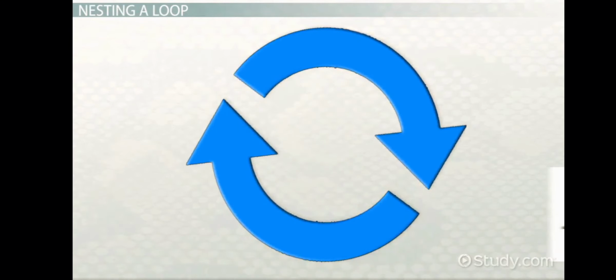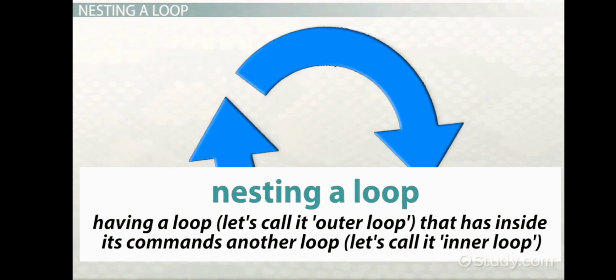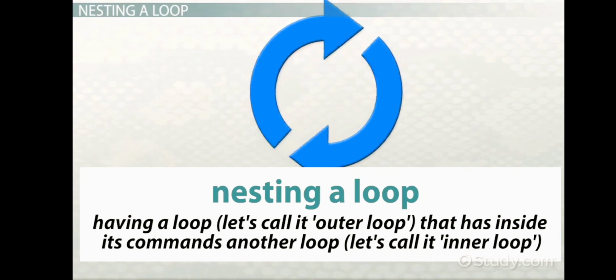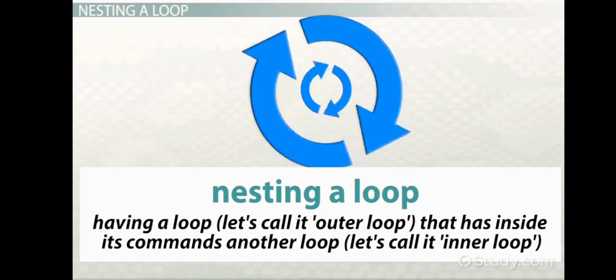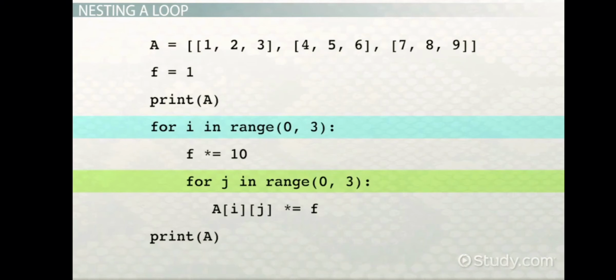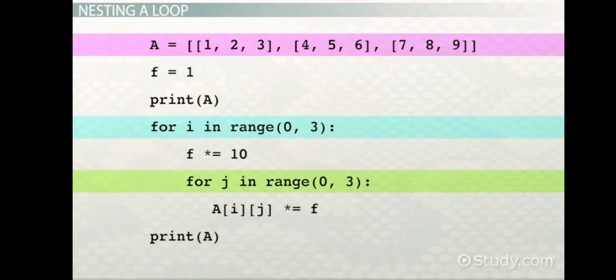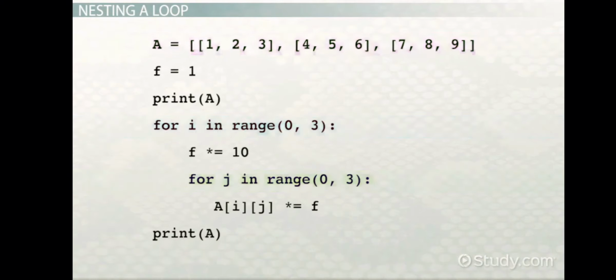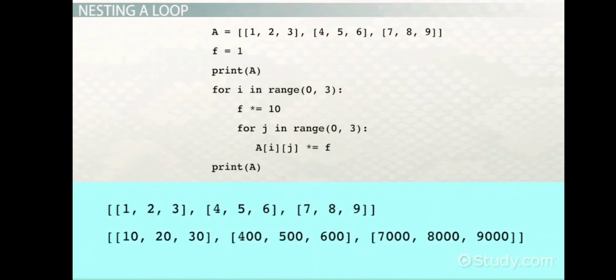As simple as it seems, nesting a loop means simply having a loop, let's call it the outer loop, that has inside its commands another loop. Let's call it the inner loop. For example, the code appearing on your screen right now shows two nested loops, an outer for loop over the values of i and an inner for loop over the values of j to multiply inside the inner loop all 9 elements of a 3x3 matrix A by a factor f that changes according to the outer loop iteration. The output of such a program will be. Therefore, the outer loop executes 3 iterations